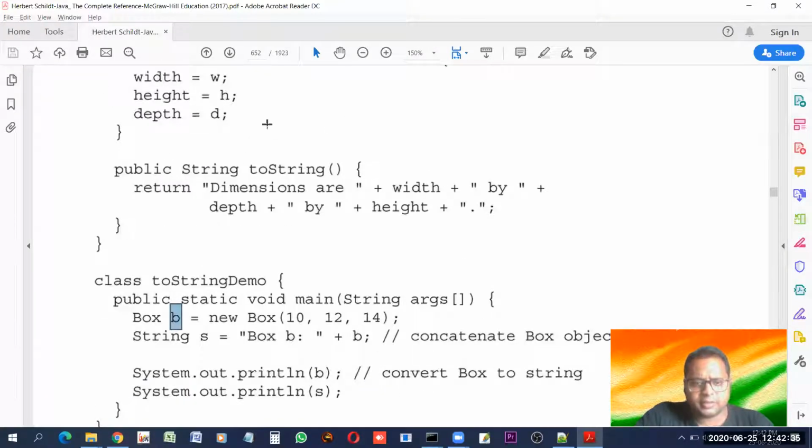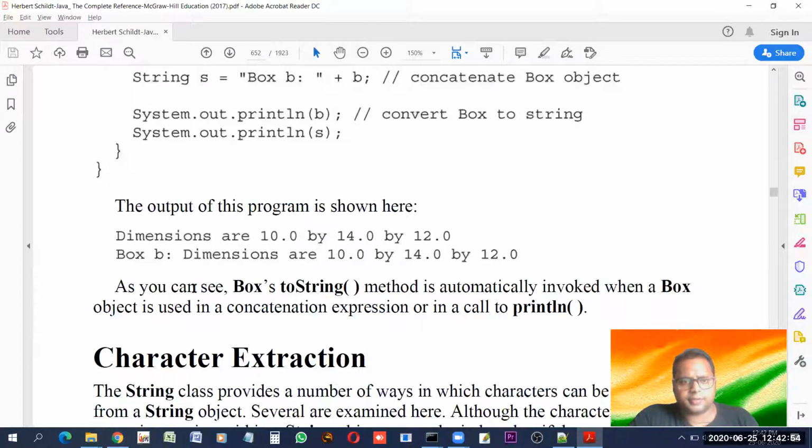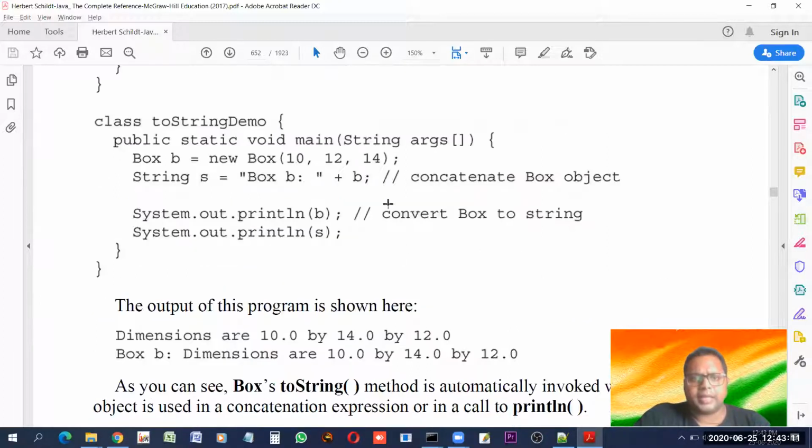So here what is happening? Box B plus B, and see this and this. The main thing here is, look, Box's toString method is automatically invoked when a Box object is used in a concatenation expression or in a call to println. Here one new thing you may come to know is that as this B is used here,